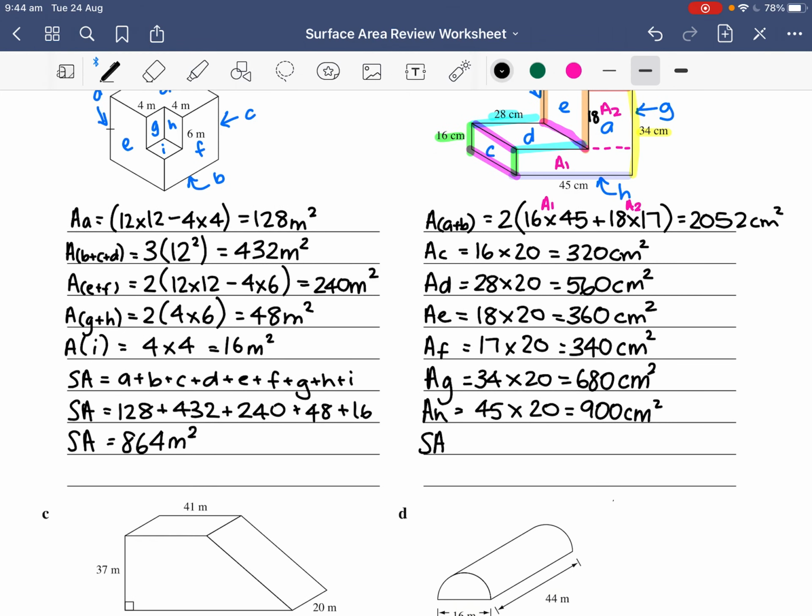So now for our surface area, we're going to add all of these together. So it is A plus B plus C plus D plus E plus F plus G plus H. Now, because I have run out of space, I'm just going to add them up. I'm not going to write what those values are down. So 2052 plus 320 plus 560 plus 360 plus 340 plus 680 plus 900 is equal to 5,212 centimeters